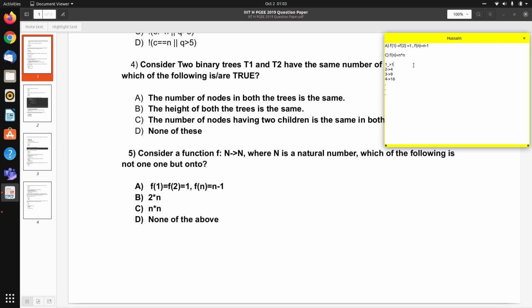We see that it is a one-to-one correspondence, that is i will be mapped to i multiplied by i. There won't be any collisions, so it is 1-1, but it is not onto. Why? Because the elements 3, 5, 7, 10 are not covered in this, so it is definitely not onto. So option C is also false. So the correct answer is option A, that is f of 1 equal to f of 2 equal to 1 and f of n equal to f of n minus 1.